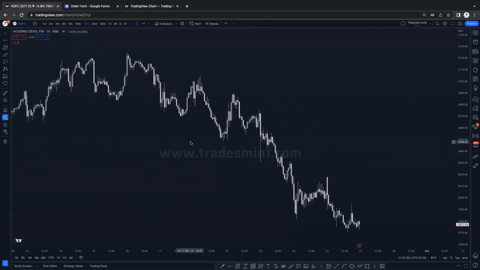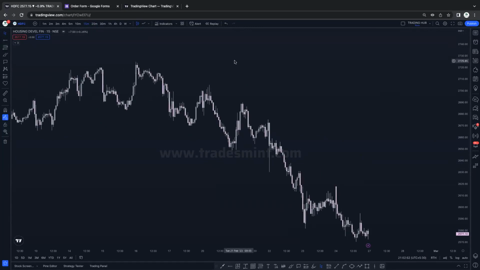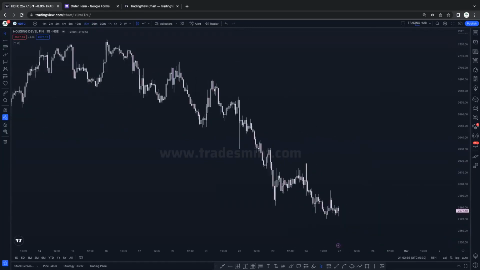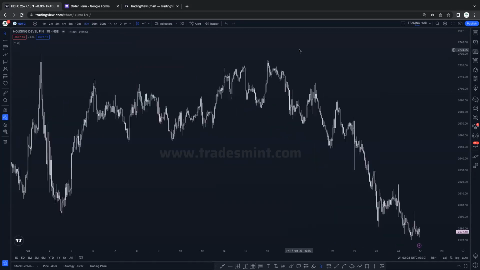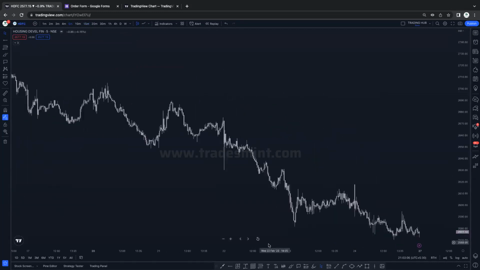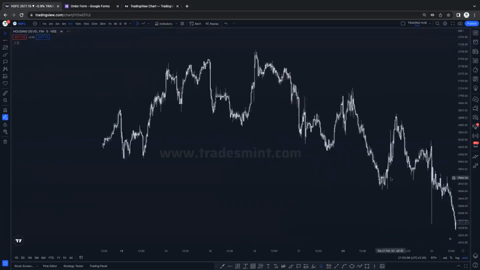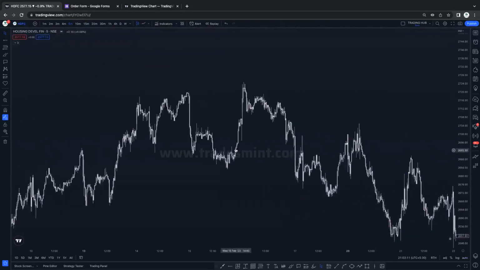Similar story in HDFC Bank as I've done in the Bank Nifty chart. Same process. You can analyze any stock in Forex, crypto, stocks, everywhere. This is our highest high. Taken out the inducement, continue push downside. And this was our previous low, broken, break of structure, taken out the inducement, lower low, lower high, broken this